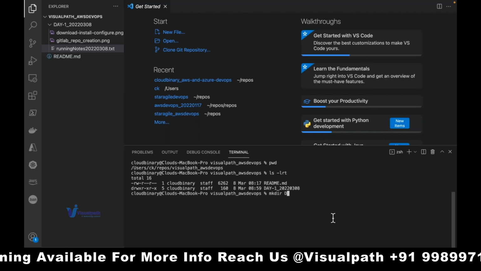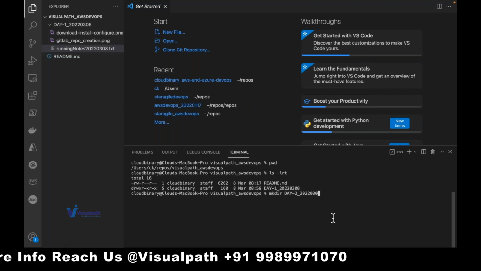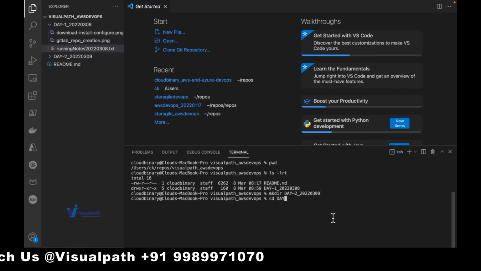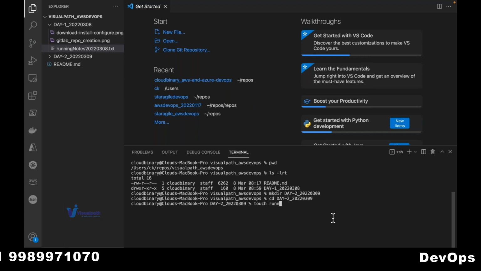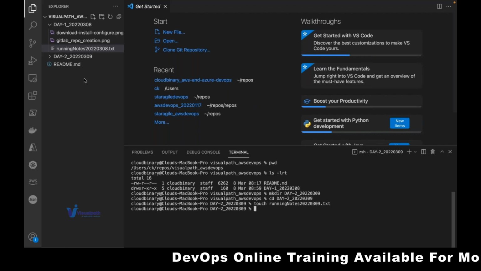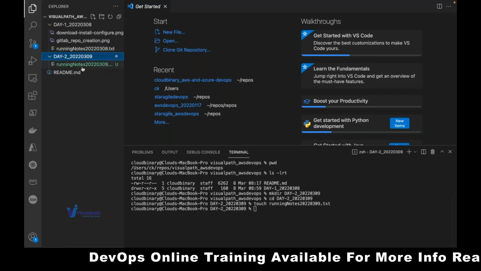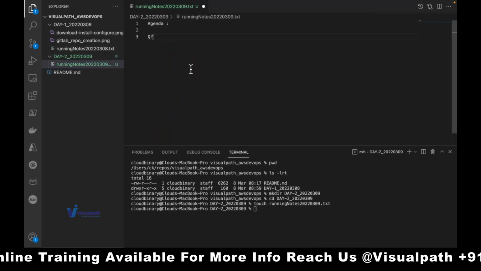Now we are starting with day 2. Get inside day 2. I created a folder for day 2. I'm going inside of it, and I'm creating a running notes. Here is day 2. Here is a running notes. The agenda for today is,